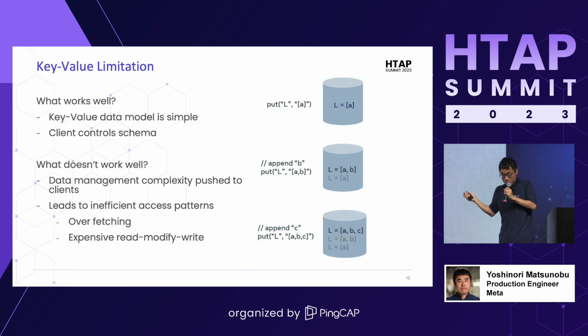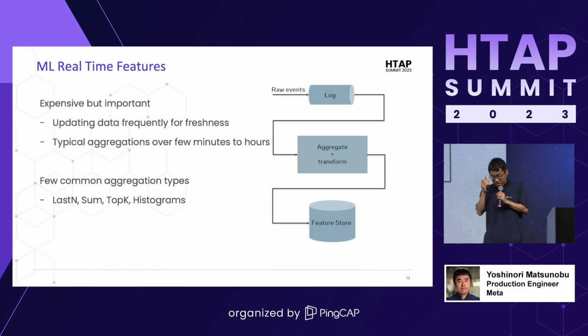So it's causing a pretty big overfetching and expensive read, modify, write. That is typical of the key-value store limitations. And there is a strong demand recently in the machine learning field, and this is causing bigger pains for us. So let me explain one of the common machine learning use cases at Meta, which is